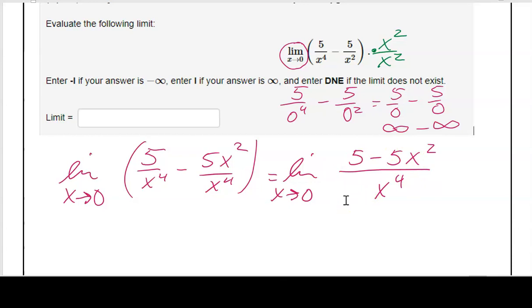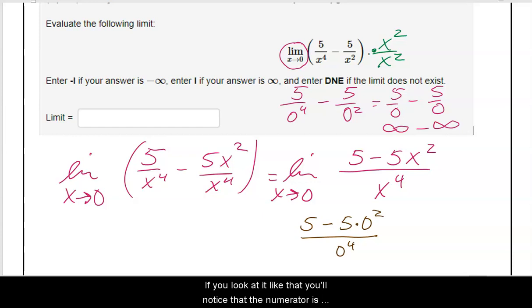Did I do that right? Yeah, I did. Okay, so now that I have this, if I plug in 0, the numerator is 5 minus 5 times 0 squared over 0 to the 4th. If you look at it like that, you'll notice that the numerator is not actually going to 0, it goes to 5. So if the numerator is going to 5, but the denominator is going to 0, then it must